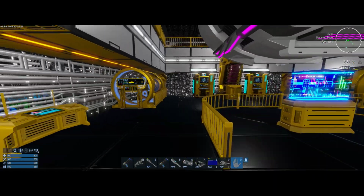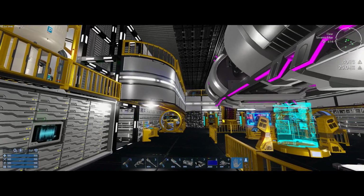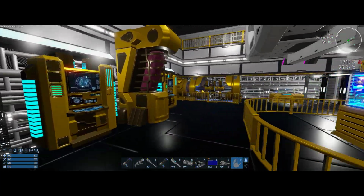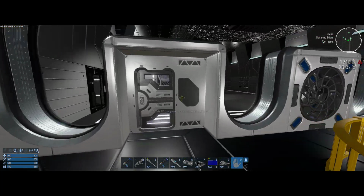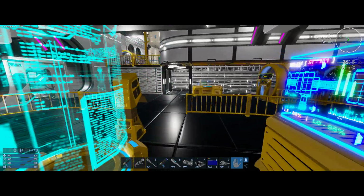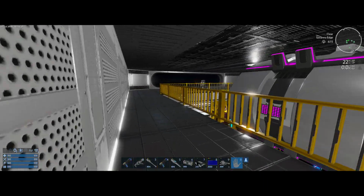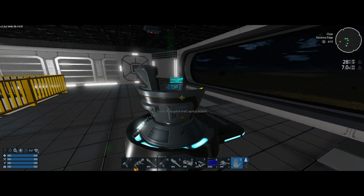So this is pretty cool. This is the engineering area, done in yellow accents with the white, and the darks in the mix, and a lot of detail, deco pieces, the generators, CPU core blocks, right off from the hangar. Let's check out one of these elevators here. So this would get you up. Oh, I didn't even notice from the ground floor that there's a walkway around there, and then this would be our